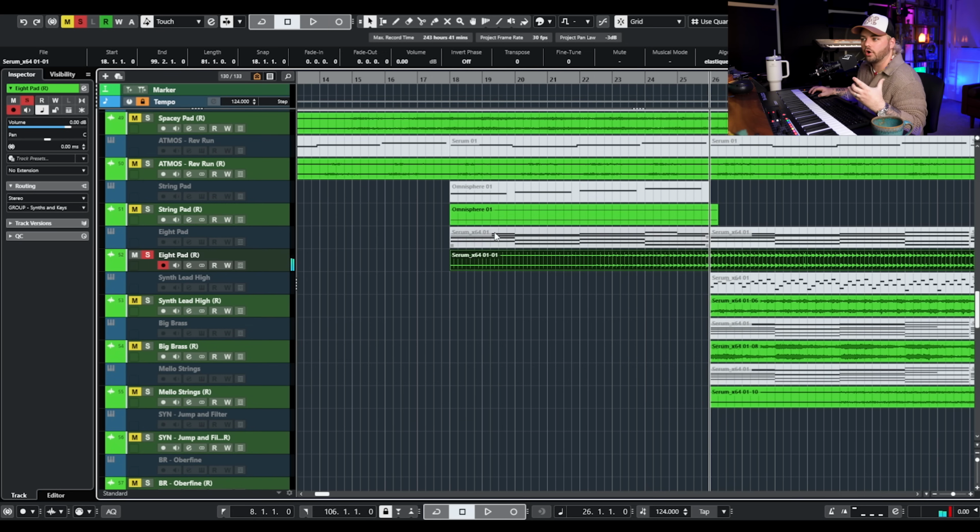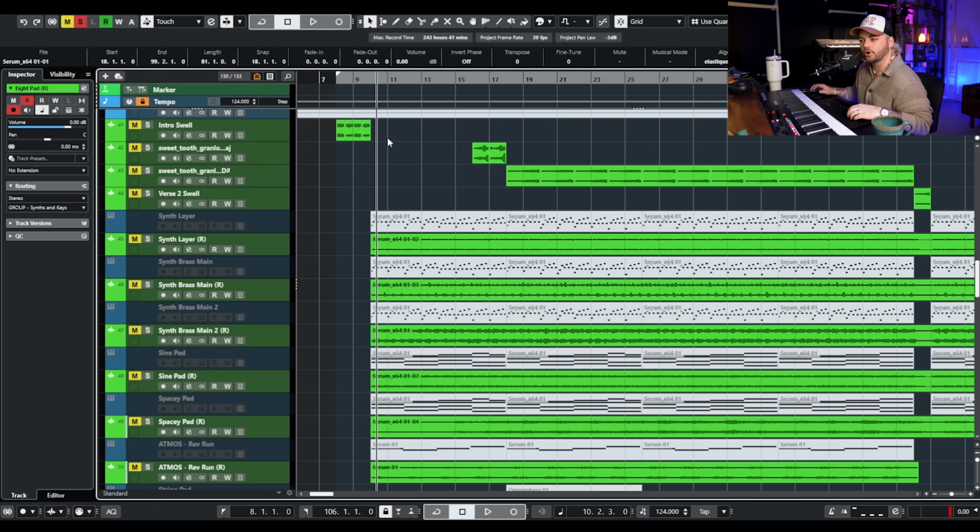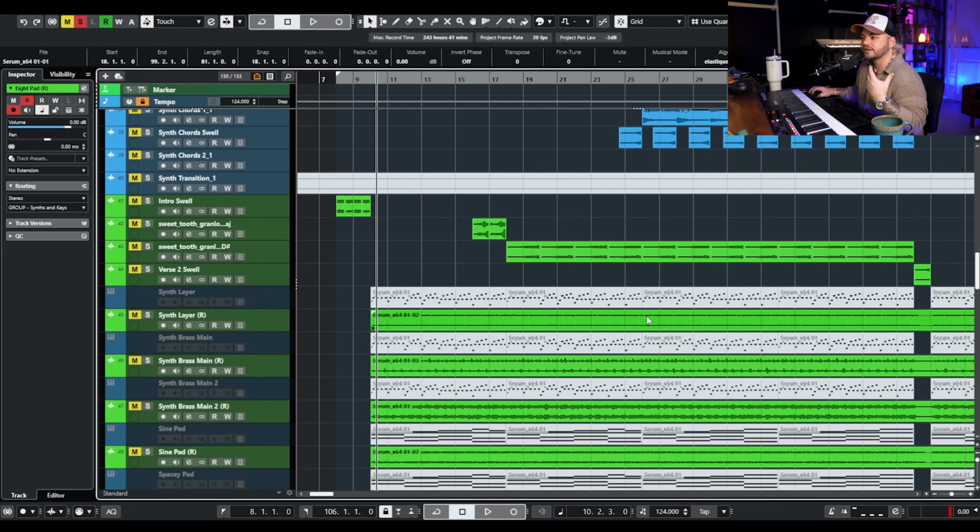That's what it sounds like once it's all the way open. So when you're doing really big ambient stuff like this, it really helps if you can use things like automation for volume and for filter to really close things and then open them as it progresses. As you can tell, this verse starts off pretty dark, pretty filtered, and then as it goes up into this